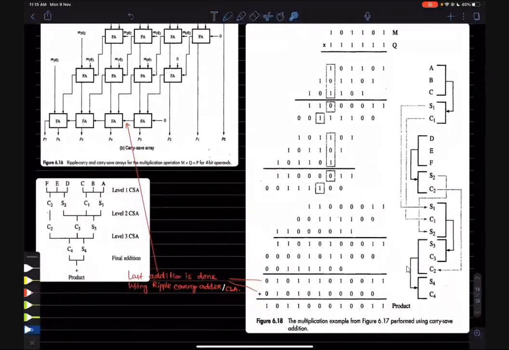Because we are not worried about the carry, we can give 3 inputs to the adder circuit: A, B and C. If we were worried about the carry, then we would give only A and B, as we normally do for a full adder. For a full adder, we normally give X and Y, 2 numbers, and another is C.